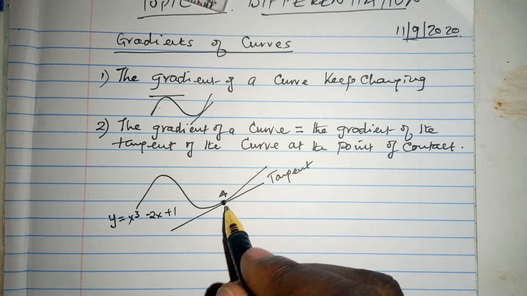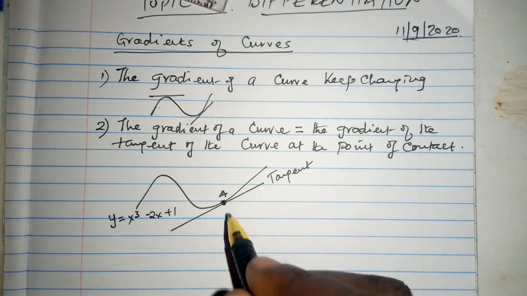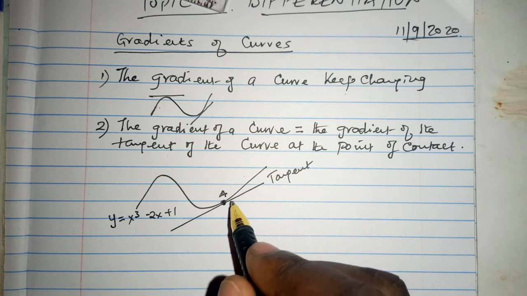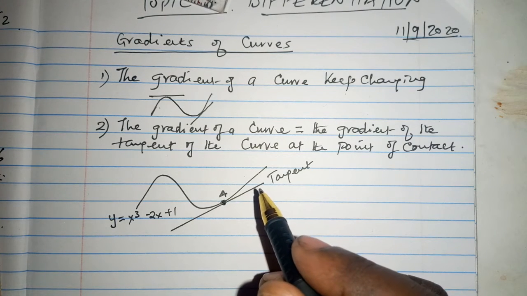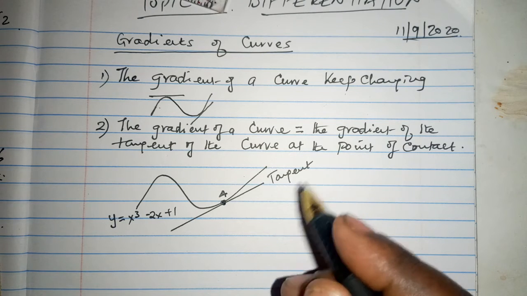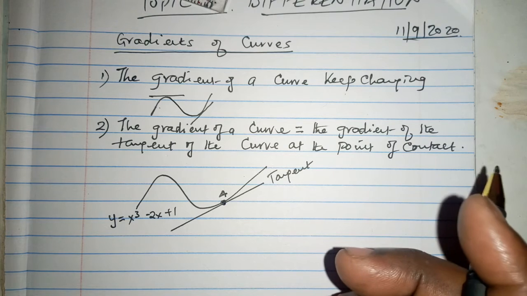So this tangent of the curve touches the curve only at point A. So what we are saying is that the gradient of this curve at point A is equal to the gradient of this very tangent. And I want us to just go through an example, or rather example 1,